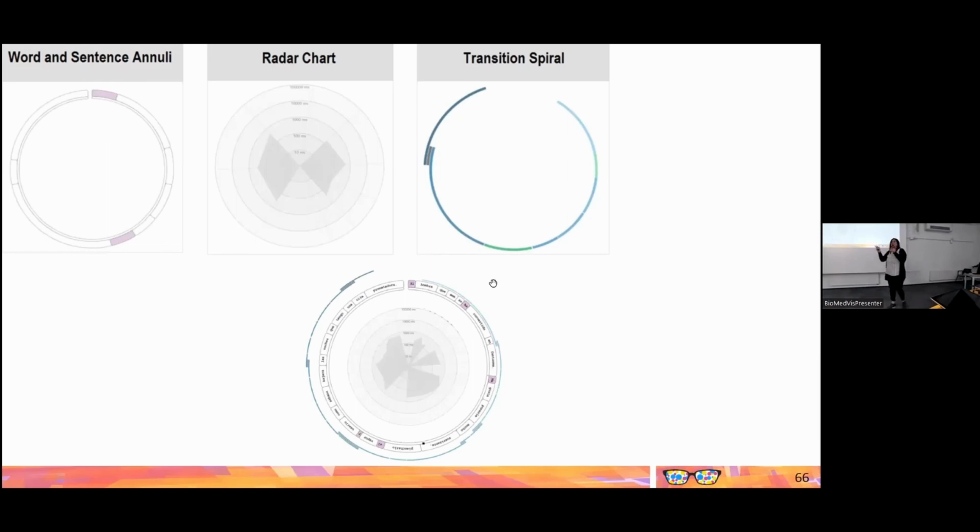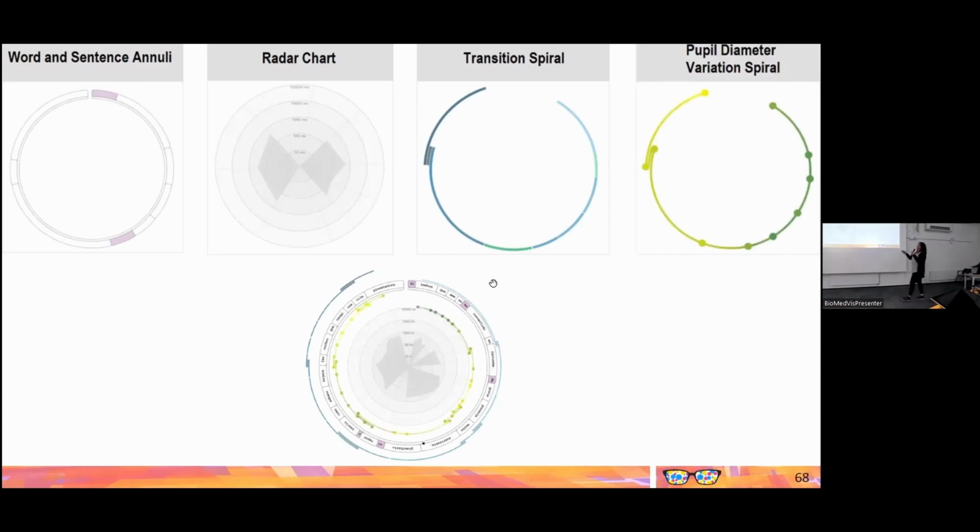When the user changes the direction of the reading, what we are doing is increasing the radius of this spiral by one step. So if you have a reader that is going back a lot, you will have this spiral getting bigger and bigger and bigger. And we have another spiral inside that represents the pupil diameter.